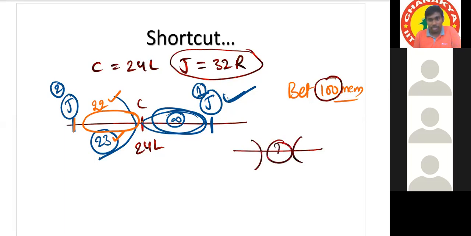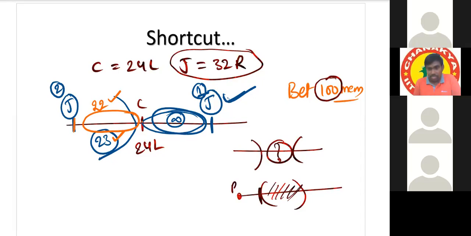How many members can you place? But in case of overlap, here I'm writing, this is right. Sorry, this is the left hand. And this is the left position. And this is the right hand. This is the right position.